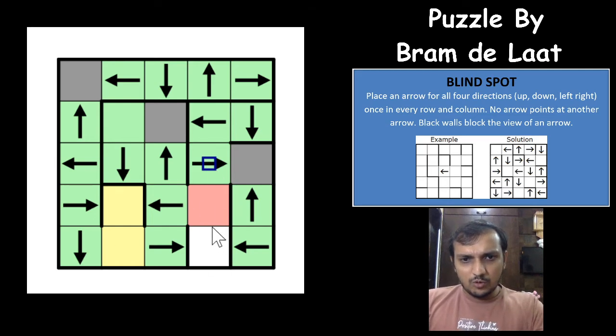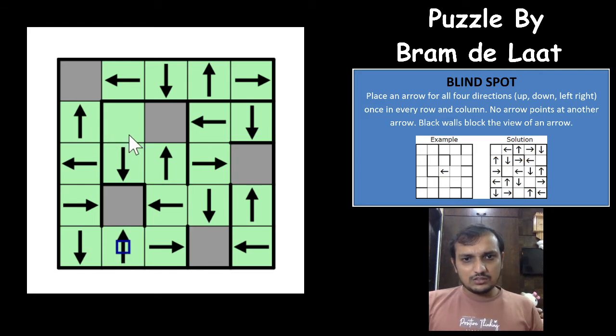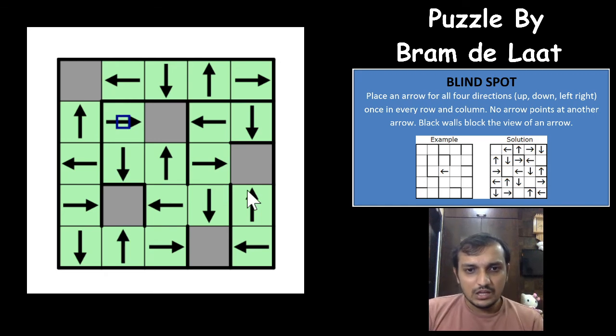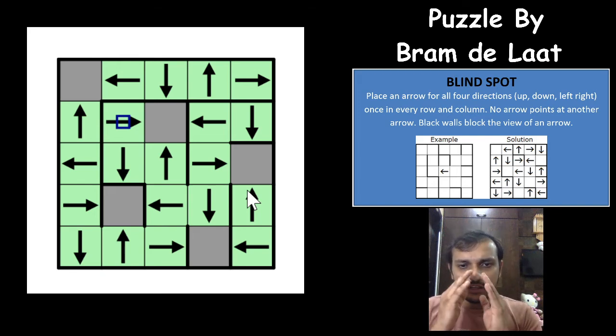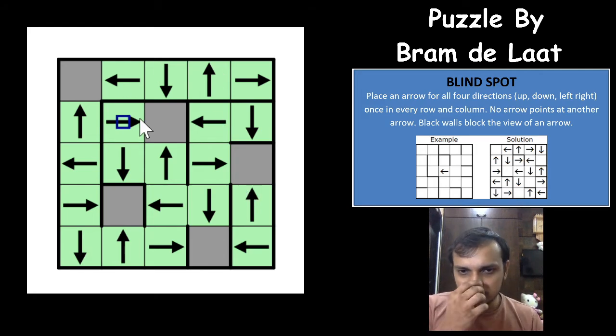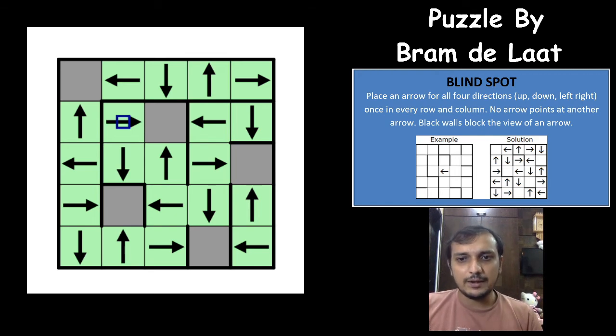And you need the bottom arrow now. Bottom arrow cannot be here, so bottom arrow would have to be here, and that gives you an arrow here and neither here. And this cell would have to be the upper arrow, and this cell would have to be the right arrow, right? And if you see now, we have completed this puzzle, and there is no such arrow that is pointing to another arrow. It will surely be blocked by a wall in between, right? And what an excellent puzzle this was. A very difficult one, because finding the X-wing of upper arrows and the lower arrows was a really good one to find. I really enjoyed that.